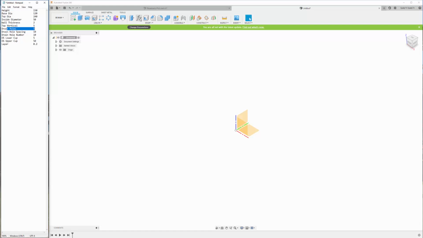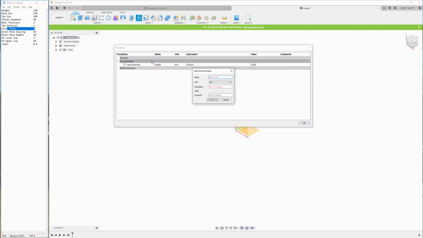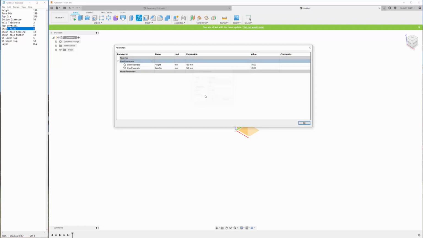Now what I do when I start to do these things is I use the parameters tab. This parameters window allows me to create information that I can easily change without having to go back into sketches to make those modifications. So I'll go through and I'll put this information in now. So I'll put my height, it's in millimeters, and I'm going to put 150. I'm going to add a parameter for the base diameter, and I'm going to set that at 120. I'll add my top diameter,